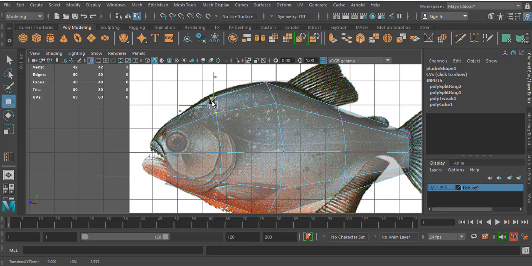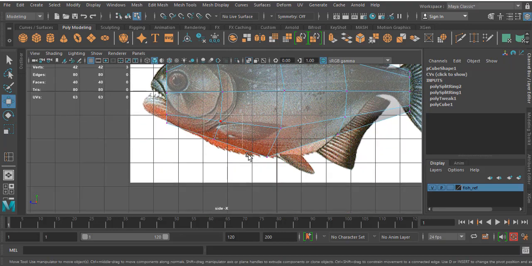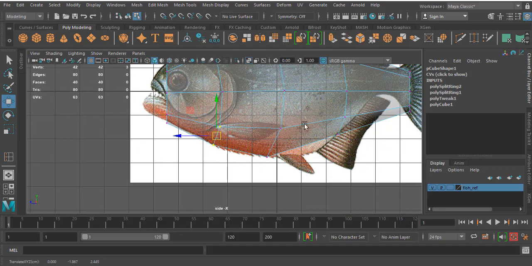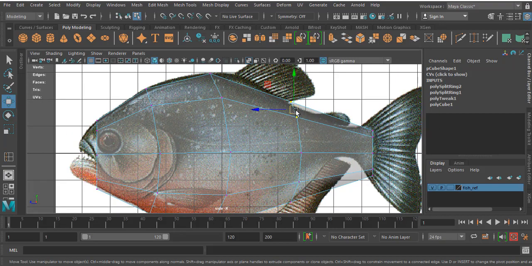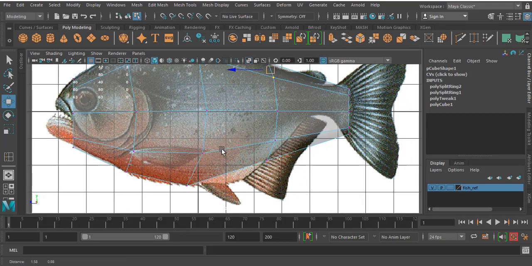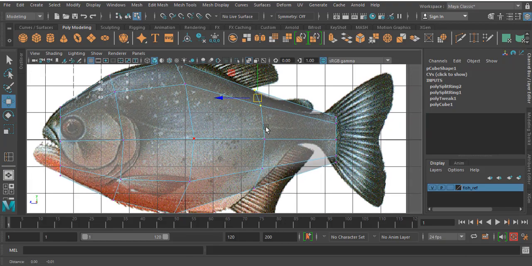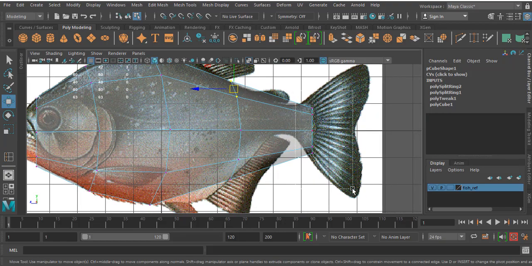So I am going to move like this. Here also I'll move like this. Okay, fine. Now slowly you can add a number of vertices over here.